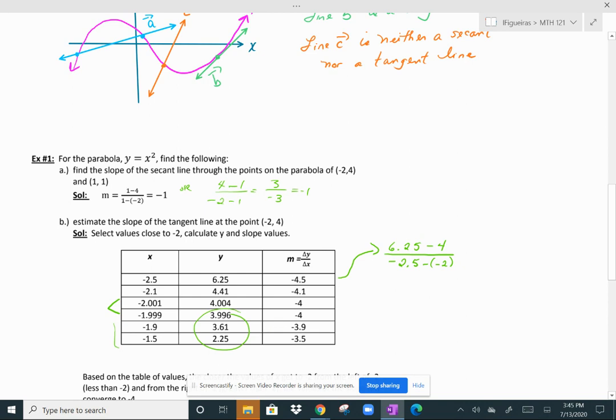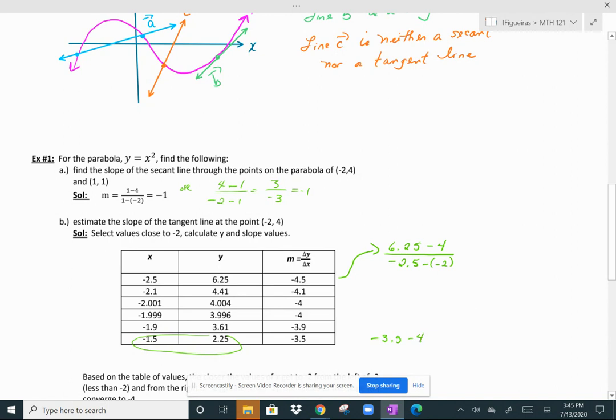And then again, I compute my slope by plugging into the slope formula using -2, 4 as one of the points, and then these as my secondary points. So if I show you the work for this one, so my slope here would be